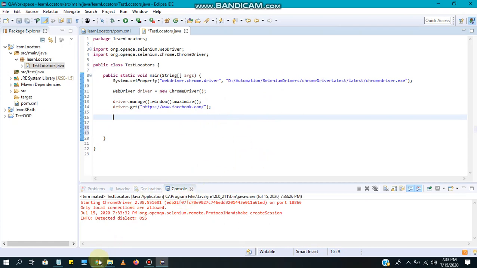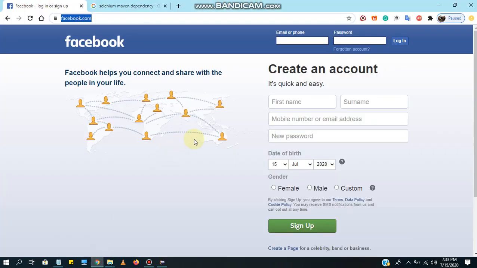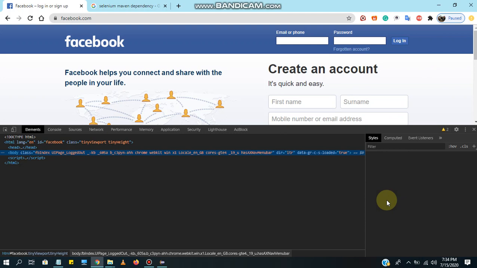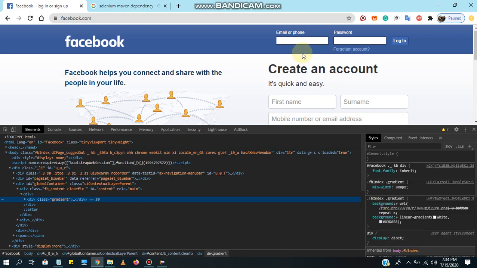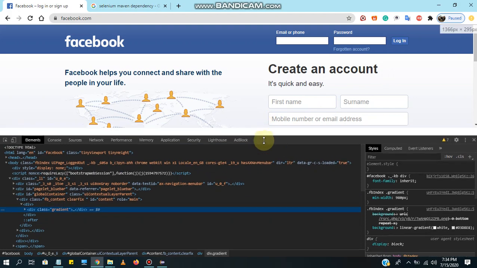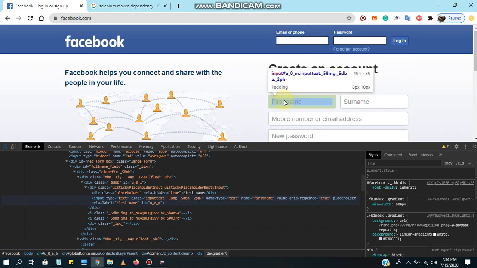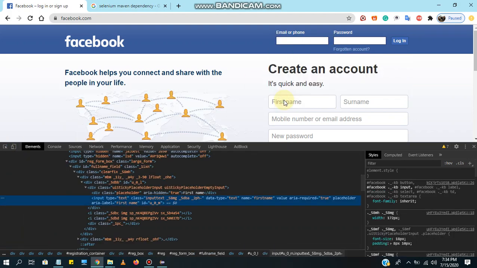Let me go to the Facebook page, and here you can right click and go to inspect. Now let's see how we can capture this text box. Click on the select element icon and click this first name field.